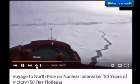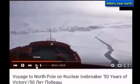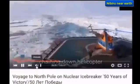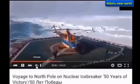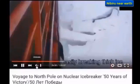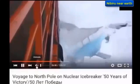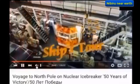So this ship goes out there. It's been out there a few times now that I've managed to watch, where it's gone out to the North Pole. The captain tries to get it on the spot of where the magnetic North Pole is, or 90 degrees, as you've seen on his GPS. I don't know how long they've been doing that. I suppose this vessel had a commercial purpose at some point, breaking the ice for other ships to follow through, but it's just great that we've been able to obtain the information, because now we've got a location for the magnetic North Pole, and it's not forecasted for at least